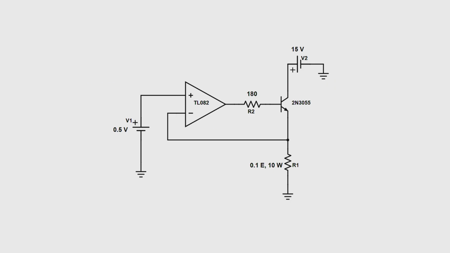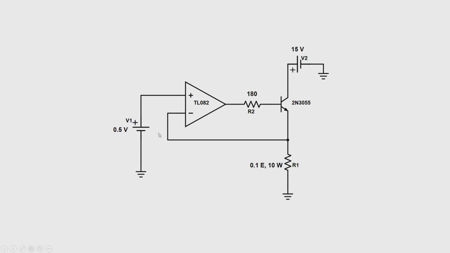So, for that we will be using this particular circuit, which uses an operational amplifier. It need not be a TL082, it can go with a 741 general purpose operational amplifier too. This is the 2N3055 which we have seen previously, which has a temperature sensor mounted on it, and it is powered with plus 15 volts. The base of the transistor is connected to the output of the operational amplifier using a current limiting resistor, so that it will not damage the transistor, and to the negative feedback we have connected the emitter of the transistor.